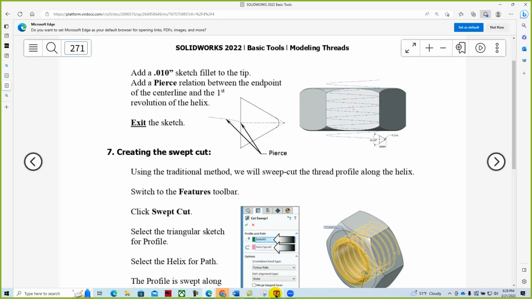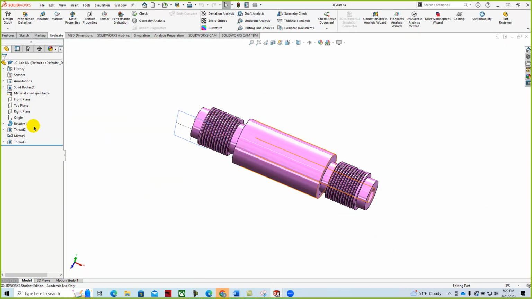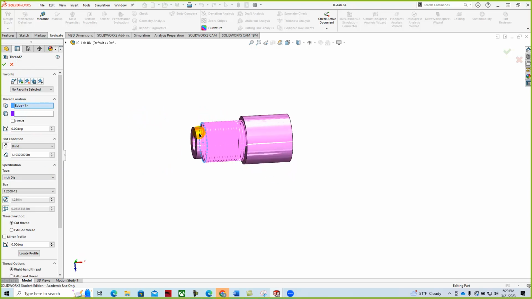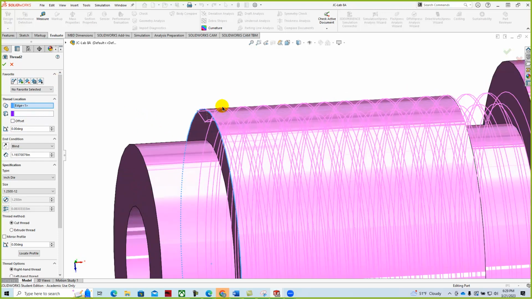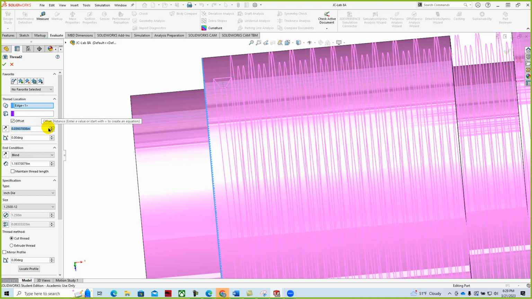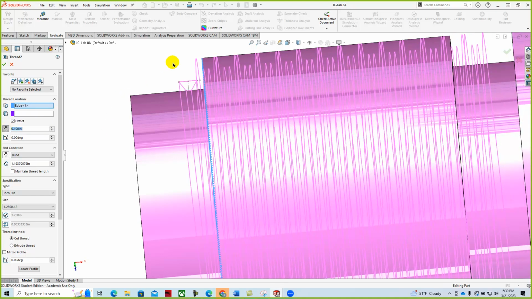And so if we take a look at SolidWorks, and here's our thread tool right here. What we can do is we can right click on that and we can edit that feature. And what you'll notice is that you'll get the threading options that you'll pick up. And so you'll pick up on the starting point of the thread. And what they recommend you do, this one looks like it's a little bit off, and it is, because the thread on here starts and it doesn't have enough run out. And so what they recommend you do is you offset this by, let's say, 0.1. And let's reverse that, and so let's flip it the other way so that the thread starts off of the